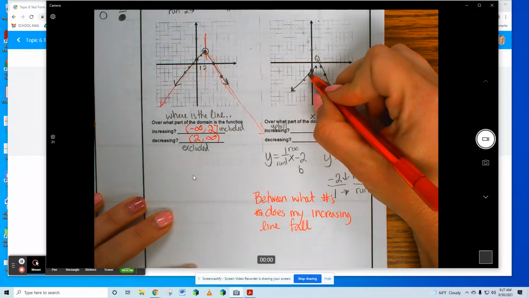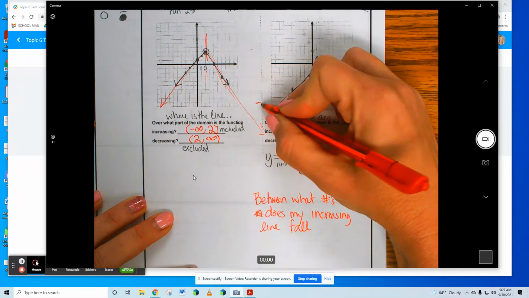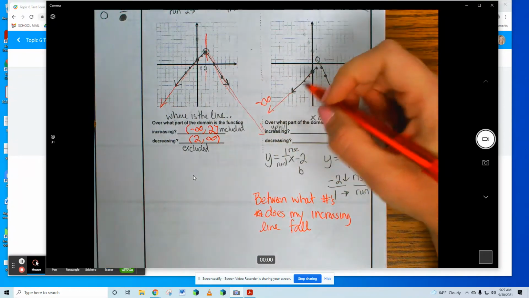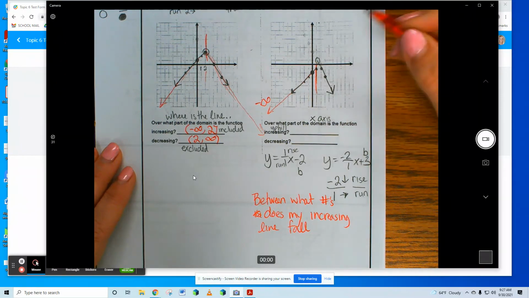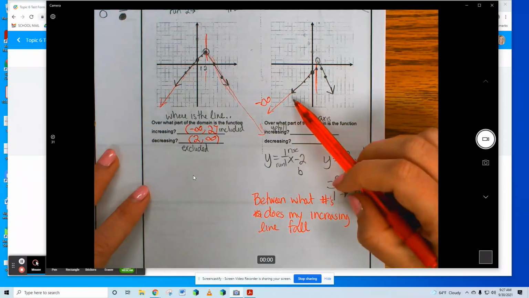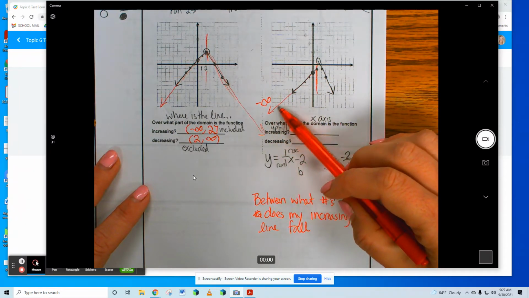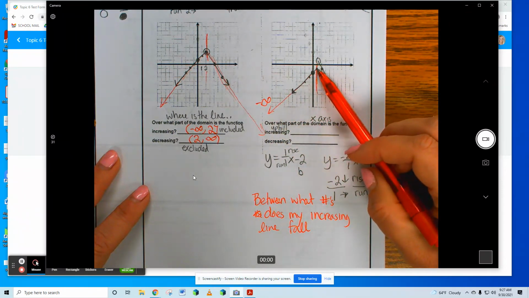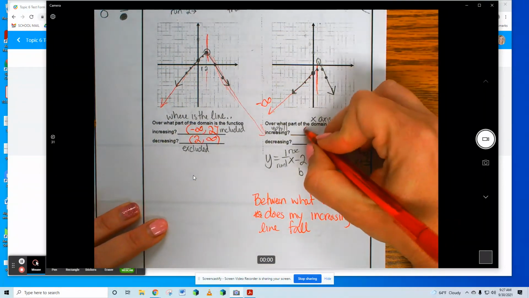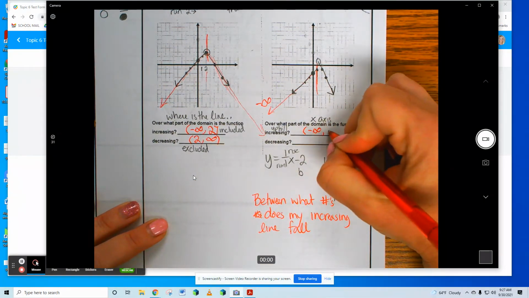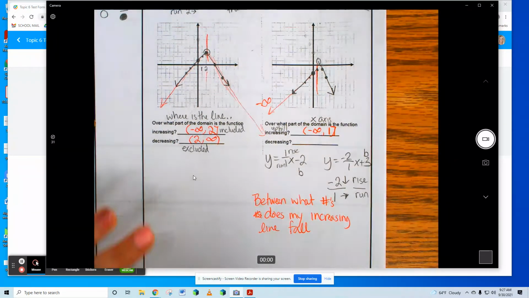Because my line goes down forever, that's going to be -infinity. But my line stops here at +1. So this increasing line is all the way coming from -infinity. Increase, increase, increase, increase, and it stops at 1. That means that I'm going to put -infinity, comma 1, and I'm going to put a bracket after 1 because it's a closed circle at 1